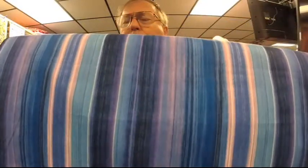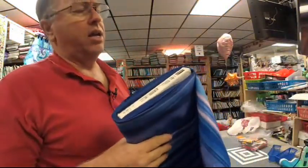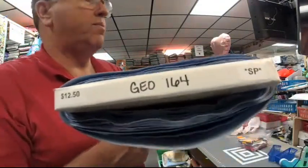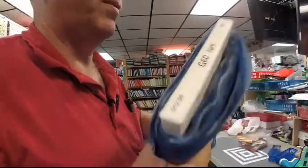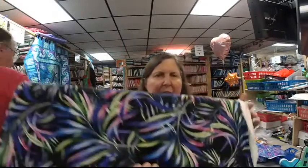All right. So I got what I got. Okay, I got blues, lots of blues going on there. A couple of purple strands going, stripes all over the place. Good night. Timeless Treasures is in our geometric area. Geometric number 164, $12.50 a yard. Okay, this is part of a Posh Palms line that we have,